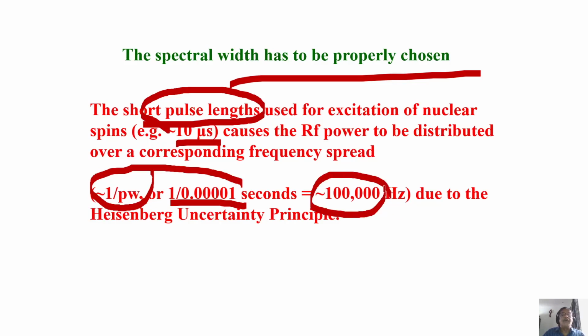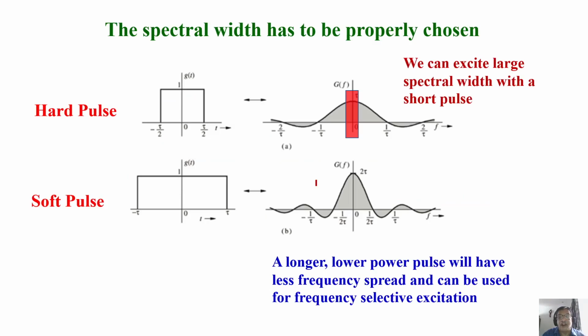That means your uniform excitation is decided by the profile of the pulse. When you do the Fourier transformation of this pulse, you are going to get a sinc function. You have to find out where the profile is. After Fourier transformation, you are going to get this type of thing. This is what you are going to see, and this is the region of the excitation profile, the power. This is called the power spectrum. This has to be exactly uniform.